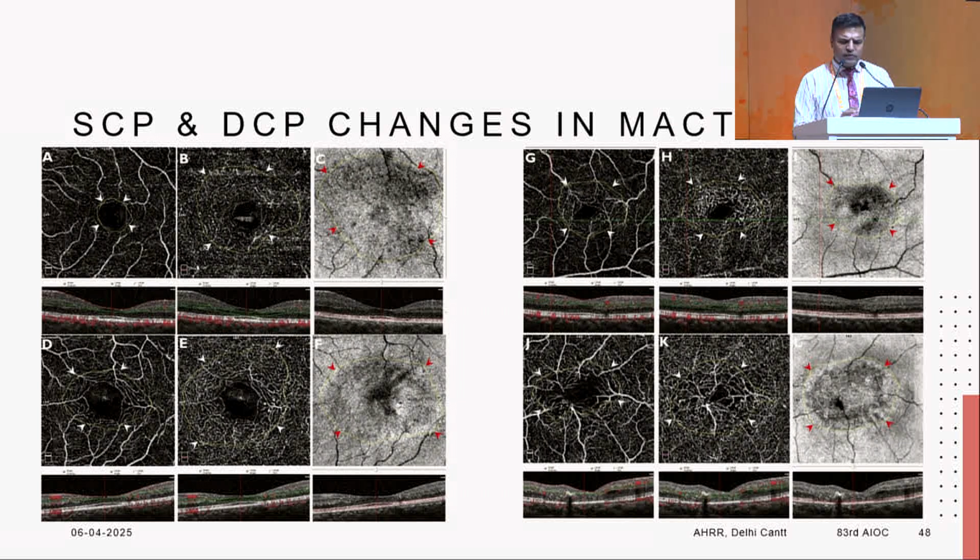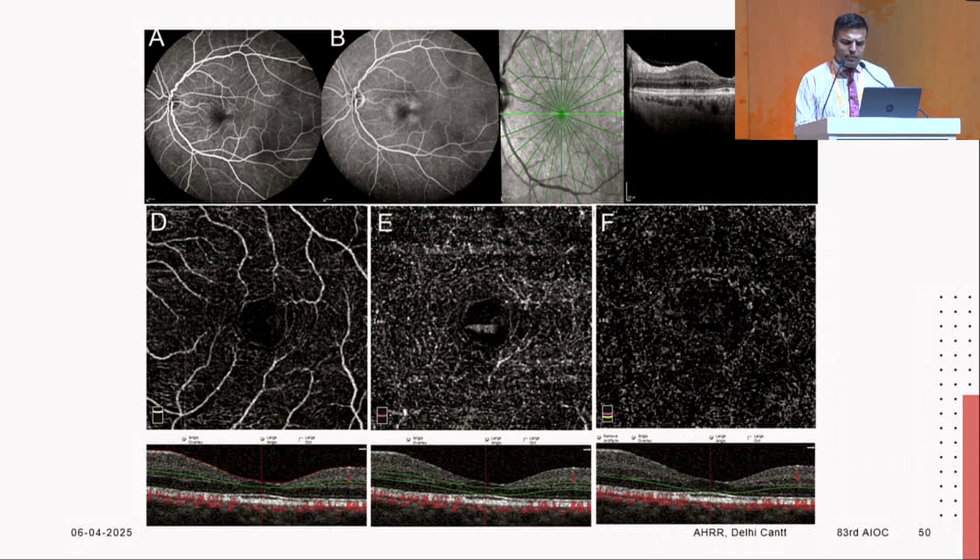then they progress to a complete disruption of the deep capillary plexus as the disease progresses, with fibrosis and development of pigments. This is another example where we can see that there is a complete disruption of the deep capillary plexus as the disease progresses, and in image E you can see multiple telangiectasias present on the temporal part of this fovea.